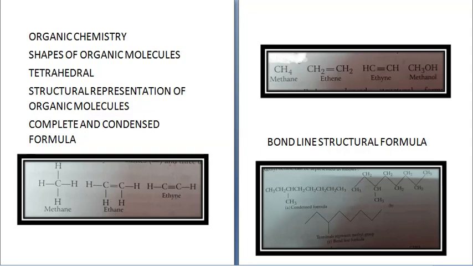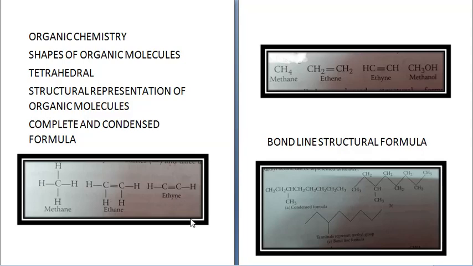See, for example, over here you have carbon, hydrogen, carbon, hydrogen. So, a single bond is shown as a dash like this. So, this is methane. Now, over here you have a double bond. This is ethene, with a double bond, and there is a triple bond over here. So, this becomes ethyne. The sum of all the bonds around a carbon atom is always 4.